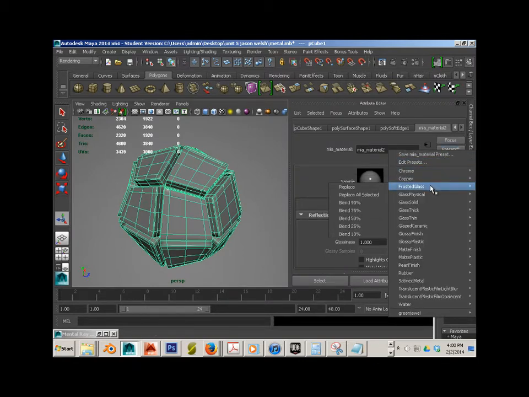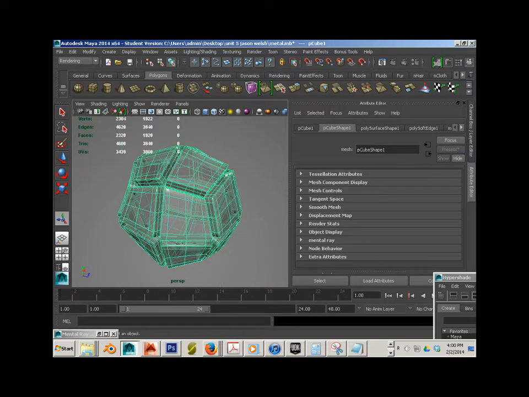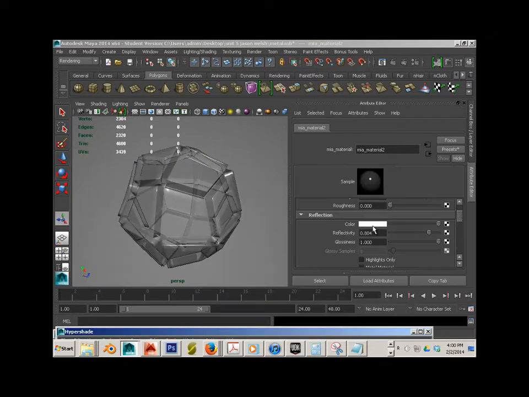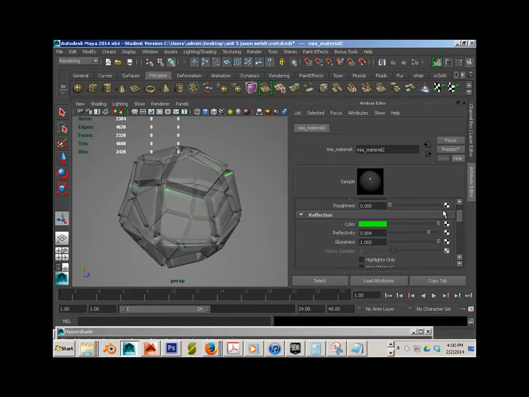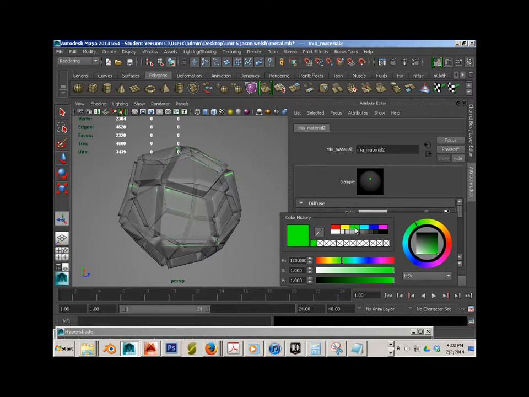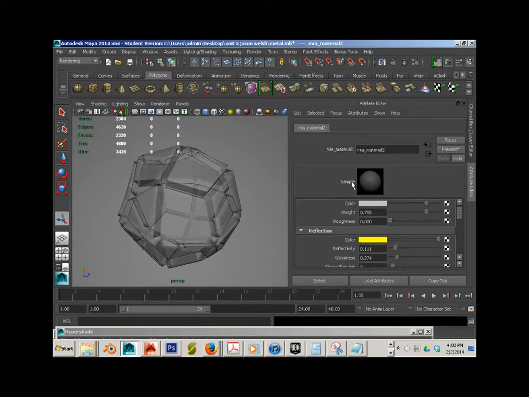go into like frosted glass, maybe 50%. And then that one, I want to make the color green. Oops, and that was reflection, which I'm going to have out of there anyway, so it doesn't really matter. So I don't want any of the reflectivity, and I can go a little bit, let's say glossiness, and you can see that spectral highlight right there, right? So